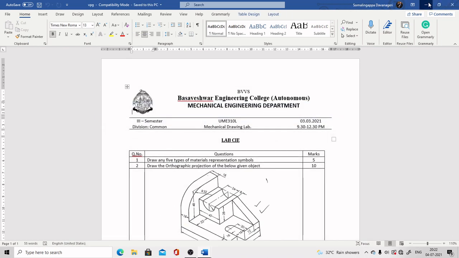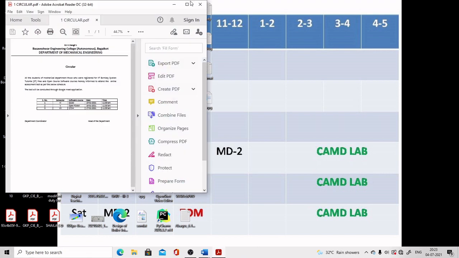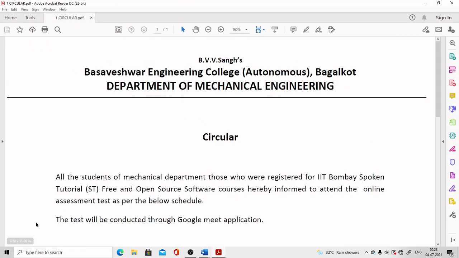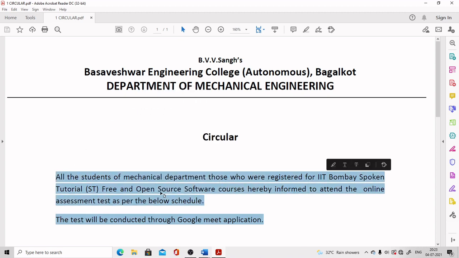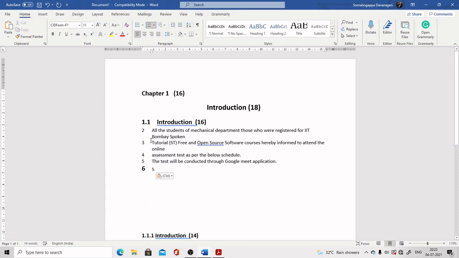If you're copying from somewhere, for example from web pages or from a PDF file, let us take an example. You select the text here, right click, then copy, then you paste it here.